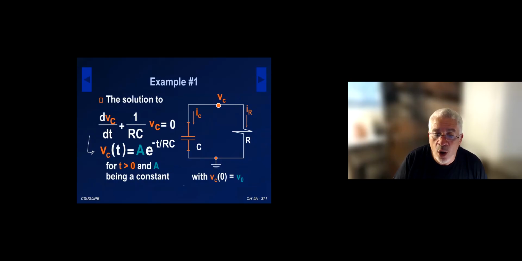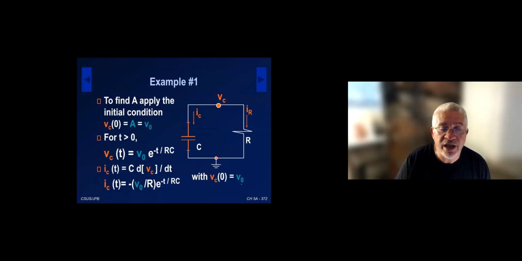And then, of course, we solve for A by applying the initial condition. VC at 0 is equal to V naught. That's going to give us the value A. So the voltage solution for t greater than 0 is V naught e to the minus